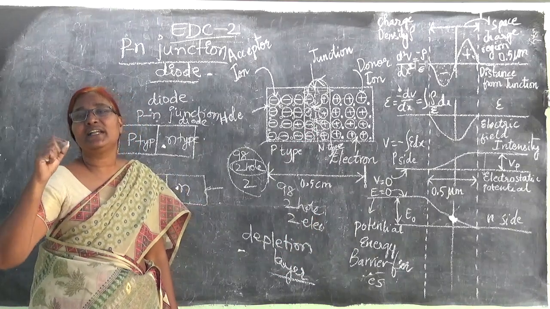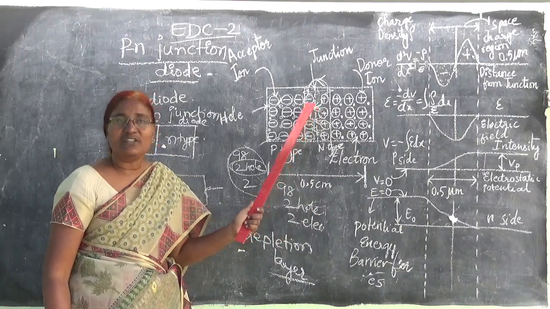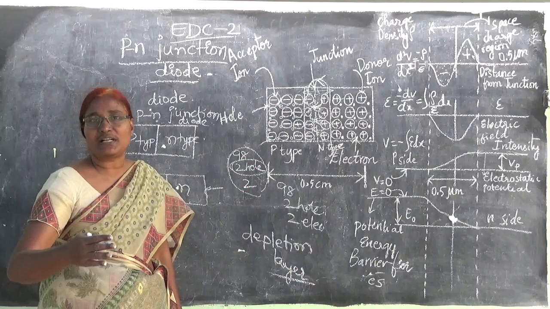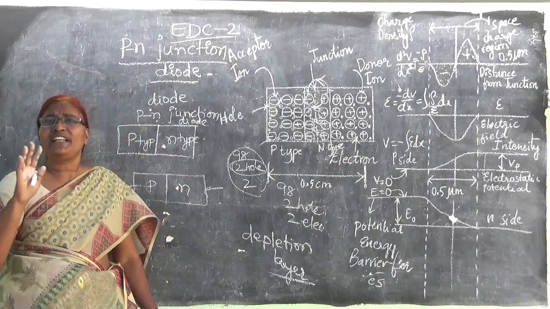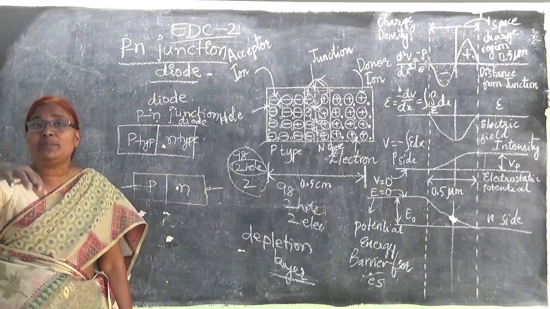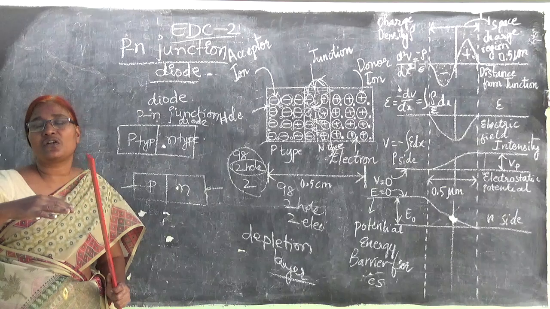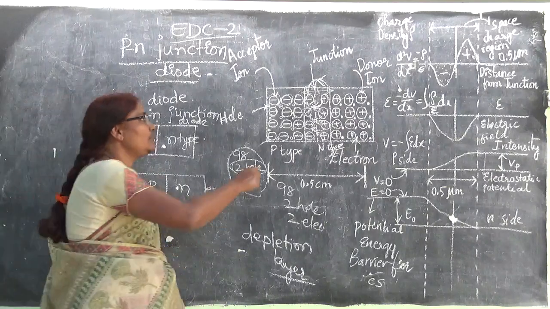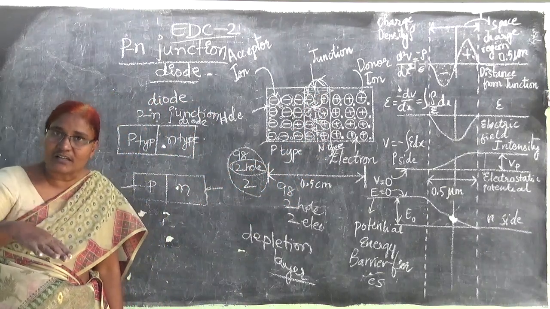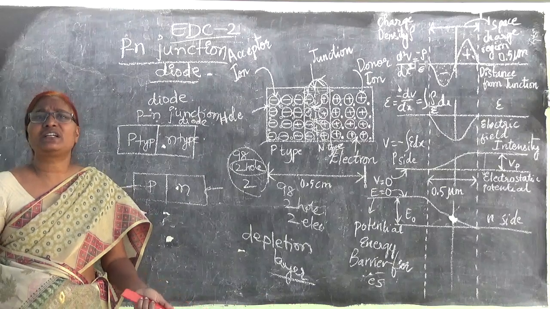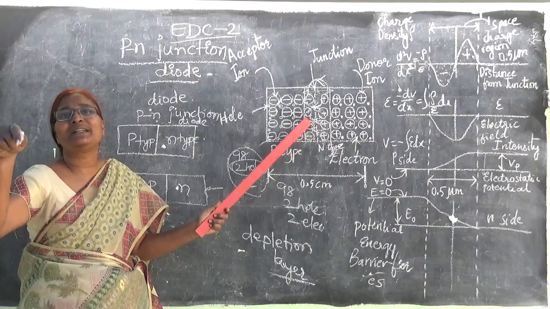Variation in the electric field will produce a voltage, which is called potential energy, which is nothing but a barrier potential. That means a potential which opposes the flow of electrons. So one point will come where an equilibrium or steady state condition will occur. No further free holes or electrons will cross the junction. So a potential called barrier potential will be developed at the junction without giving any external electric energy. So this is the condition of a PN junction diode in the open circuit mode.